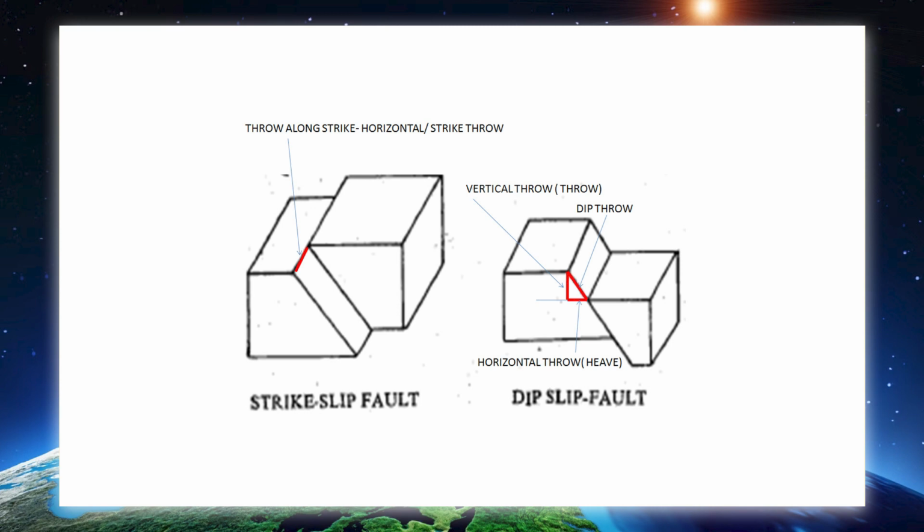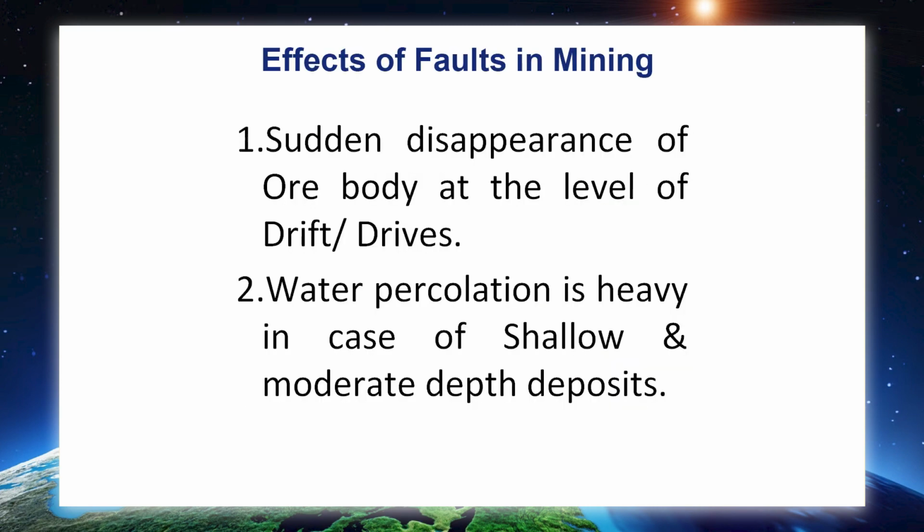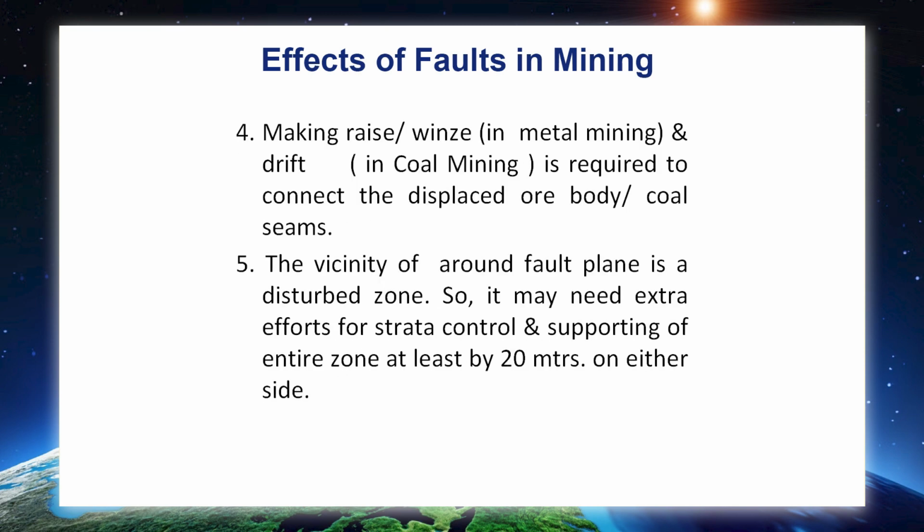Next please. What is the effect of faults in mining? Sudden disappearance of the ore body at the level of drift and drives, suddenly you will find no ore. Water percolation, because it is a crack area. So, water will percolate through that very heavily, and sometimes it causes a lot of inconvenience in mining to make the drive through this. Making raise winch in metal mining and drift in coal mining, suppose a fault has taken place,